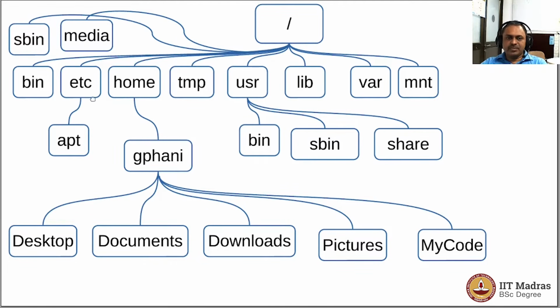You would see that there are a number of directories with specific names which have their meaning as described in the file system hierarchy standard 3.0. The user directory is here, the home directory for a user, and under the home directory there are folders which are created by the operating system while creating that account, and there are also folders that the user can create for herself or himself.